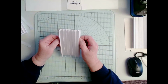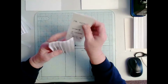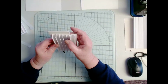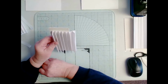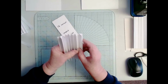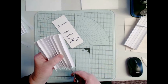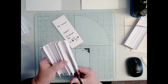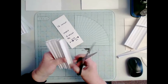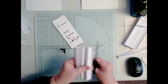Okay, so we're going to decide how big we want this bit. So if I put that in there, I'm going to get 6 pages. Okay, so we're going to go for 6 pages, I think, on this one, which means then that I'm going to cut off this bit here and cut off a fraction there,